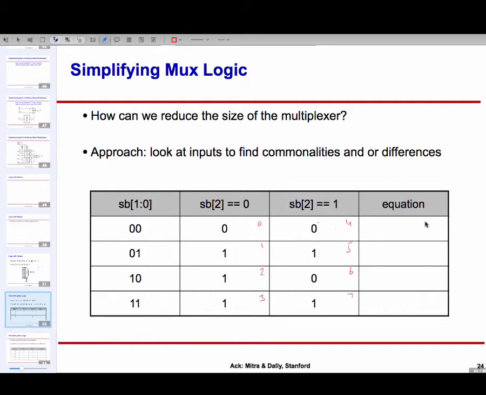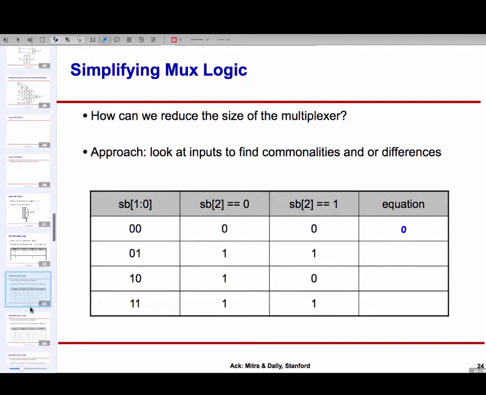We try to come up with an equation which subsumes both, in terms of SB2. If you look at the first row, whether SB2 is 0 or 1, the output is 0. And therefore, I will just put a 0 there because in either case, the output is going to be 0. Next one, in either case, the output is 1. So I'm going to make source number 1 be 1.